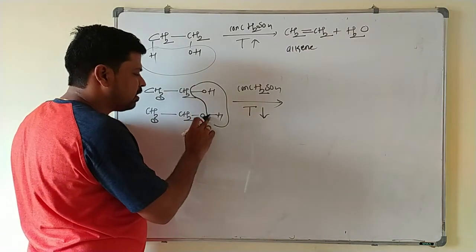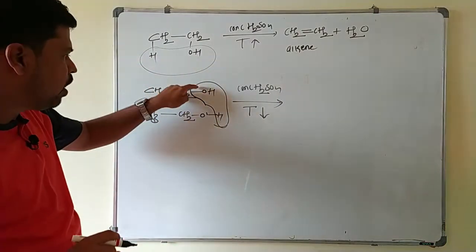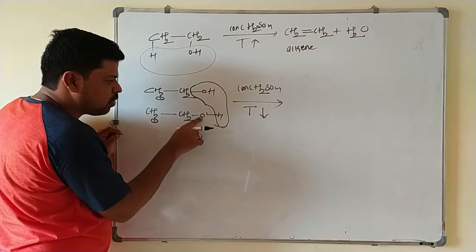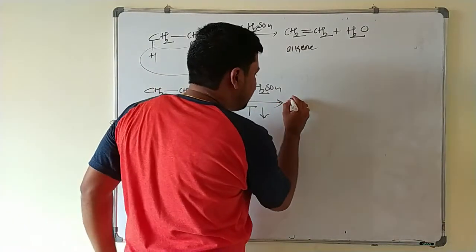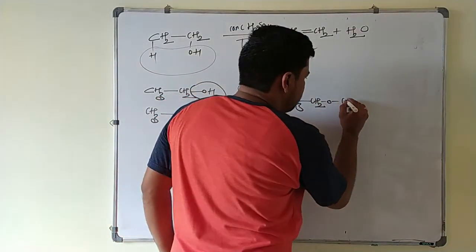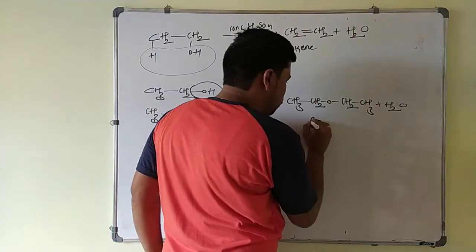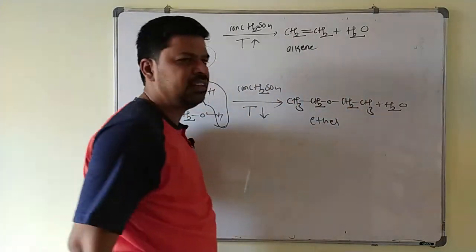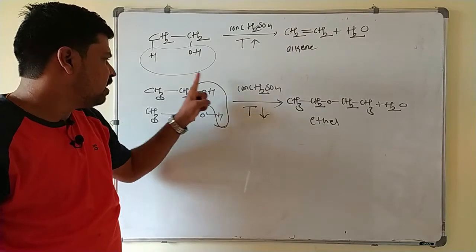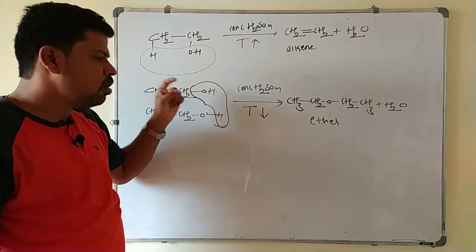Intermolecular dehydration is what here? Intermolecular dehydration means you have to remove one water molecule between the 2 moles of ethyl alcohol. So if you remove the water molecule here, this oxygen is connected to this carbon now. So what you will get here? Ether, CH3CH2OCH2CH3, plus one water molecule is removed. So the product will be ether. So high temperature intramolecular dehydration gives alkene. Low temperature intermolecular dehydration, your answer is ether. This is how it removes the water from the organic compound.